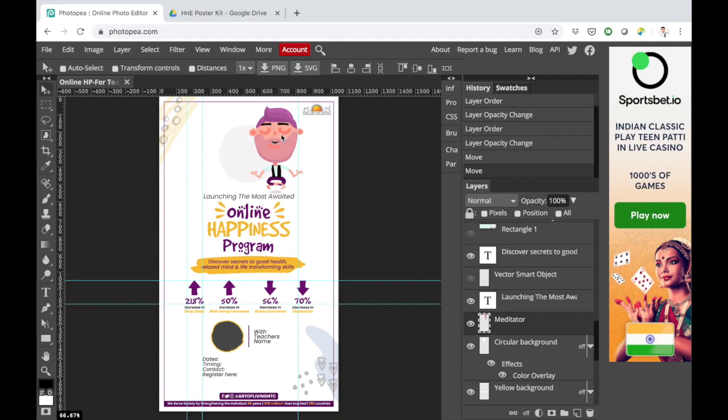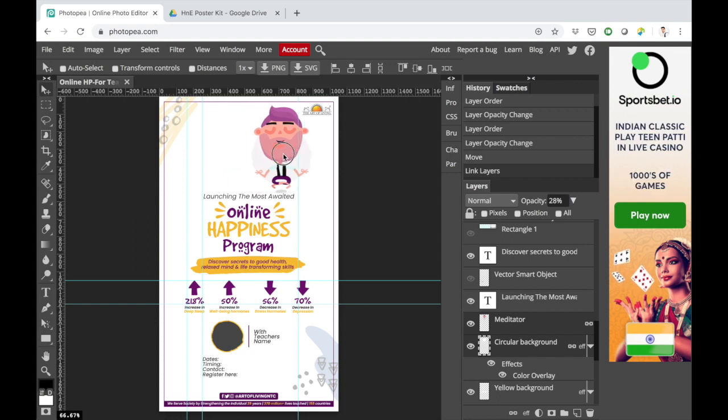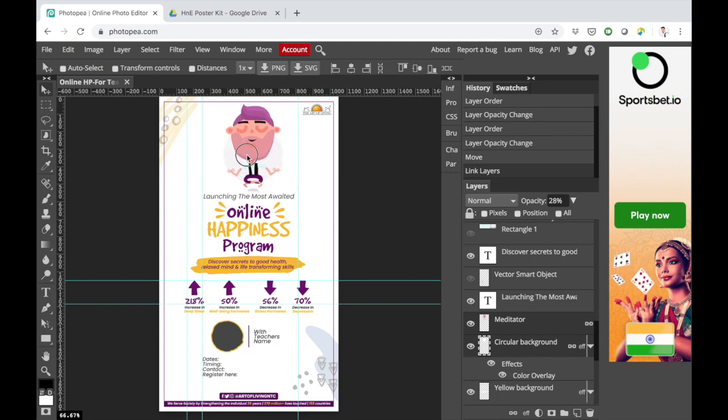So if you want the circular background to move together with the meditator, I'm just clicking Control Z. Now select both the layers from the layers panel by holding Shift and clicking. Click on the link layers button, and now if you try to move, you can see both the layers are moving together.